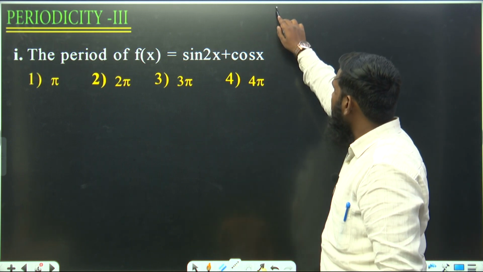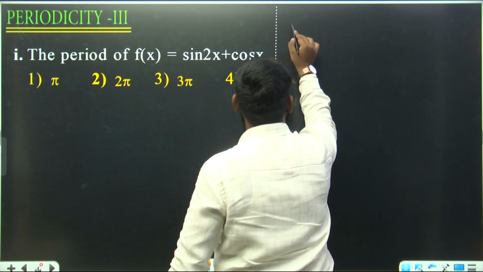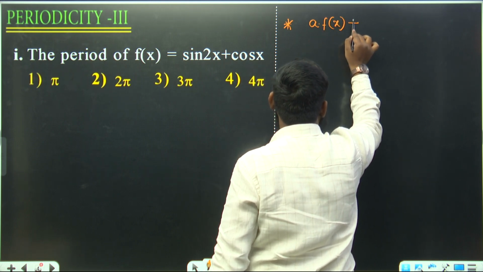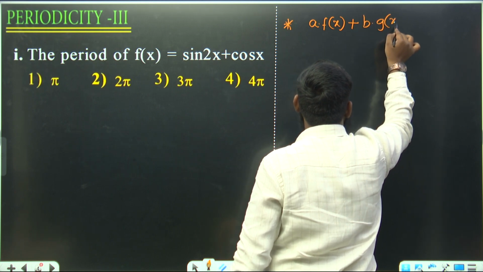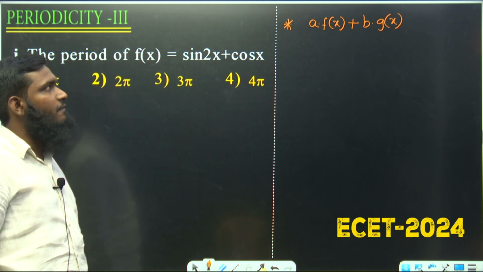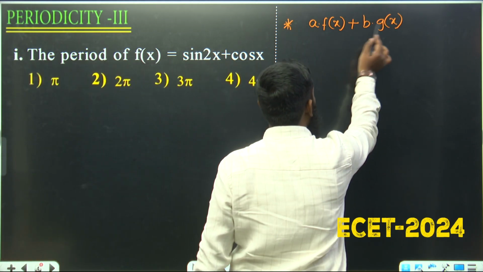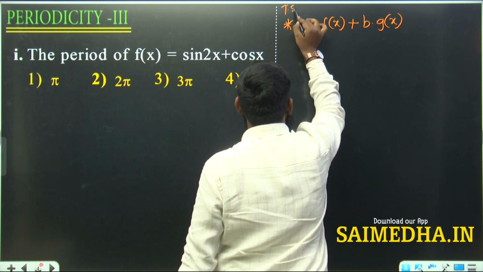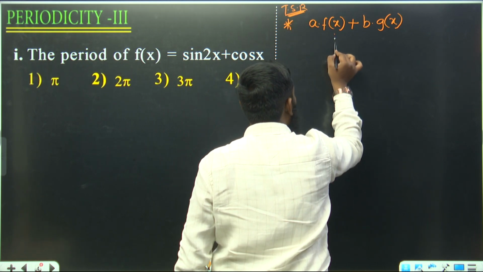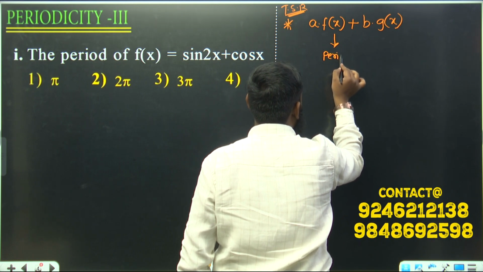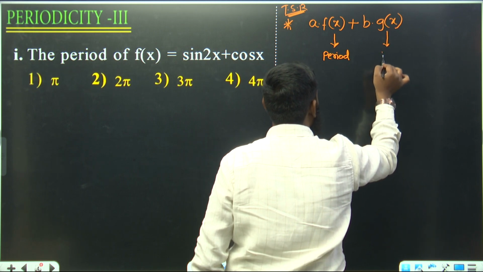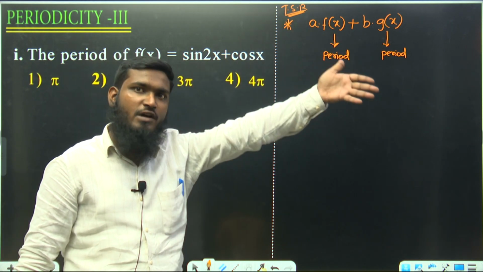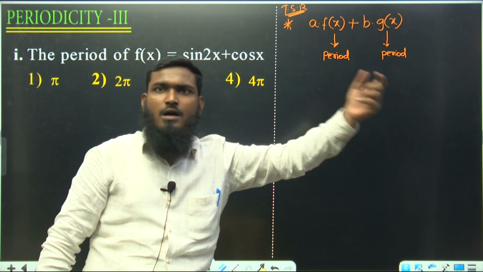If you see this question carefully, in the previous video I already told you one condition. That condition was related to a·f(x) + b·g(x). Suppose you have two functions, 3 functions, 4 functions, or some number of functions. In this time saving result, we have to find the period for this function, and for this function also. If we get the same period for both the functions, or the same period for 3 functions, or 4 functions, however many functions we have,